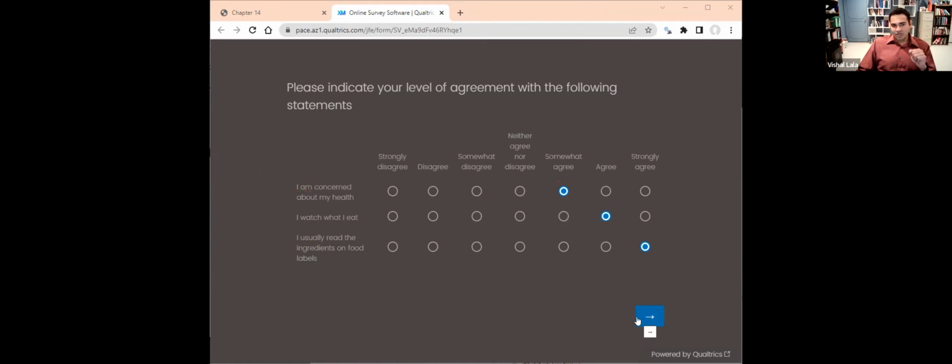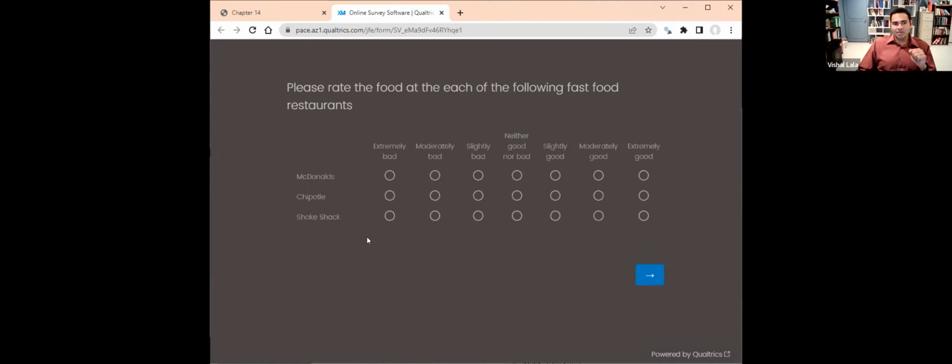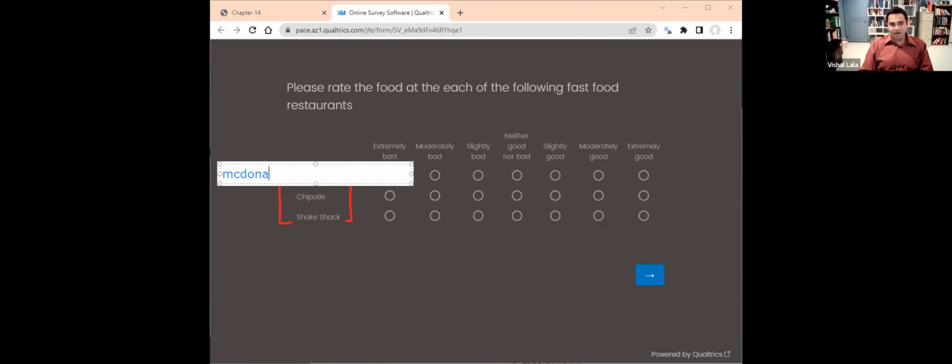Now, the next set of questions that respondents were asked were about their rating of food at 3 popular fast food restaurants. As before, we have here 3 variables: McDonald's, Chipotle, Shake Shack. Now, here it might be kind of simple to label these. You could simply label these as McDonald's, Chipotle,